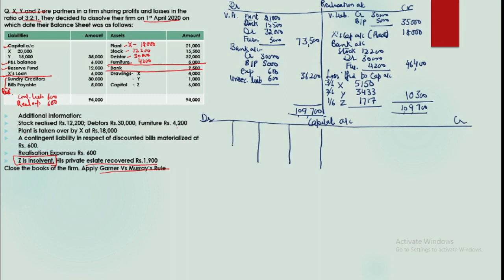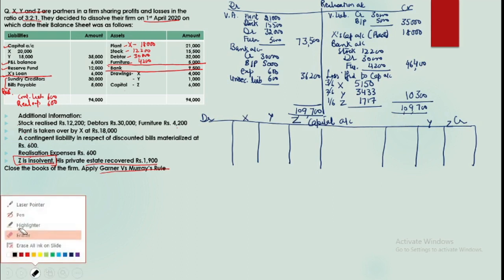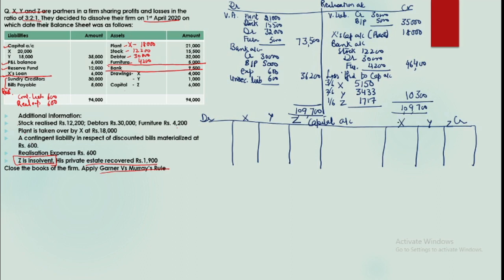Now till now you know the complete process of preparing capital accounts, right? When we are to prepare capital accounts, what we have in our hands is the balance sheet and the realization account. So just make the posting. So first of all, pick up the capital balances and other amounts belonging to partners.